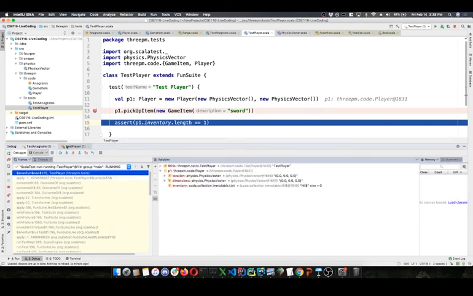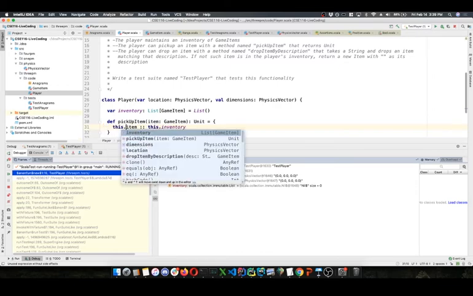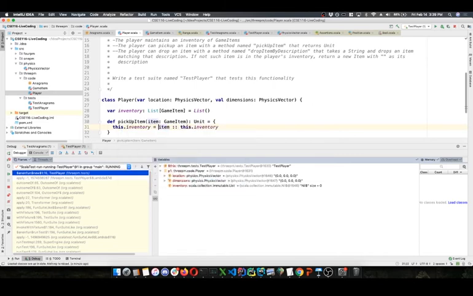This is one of the things that takes a little bit to get used to when we start working with Scala. I never reassigned this to the list. So I created a new list, which was the empty list with this item, this sword, prepended to it. But I never did anything with that reference. I just left it on the floor, walked away, never stored it in any variable, so that new list never had any effect on my program. What I need to do is replace that reference. Let me rerun the debugger.